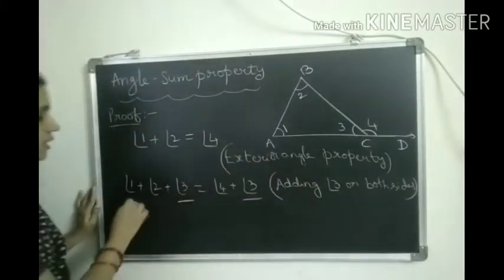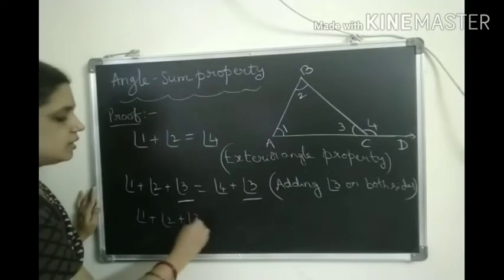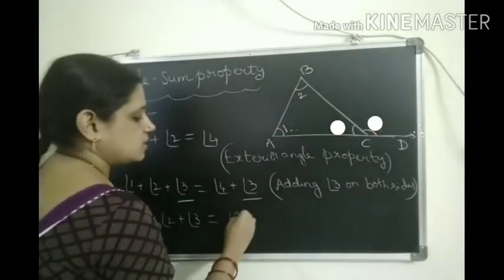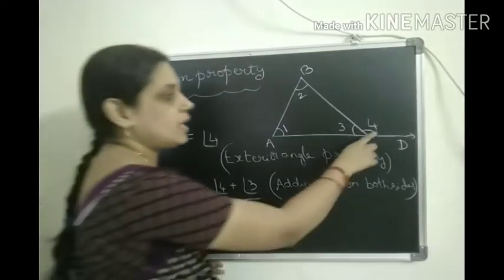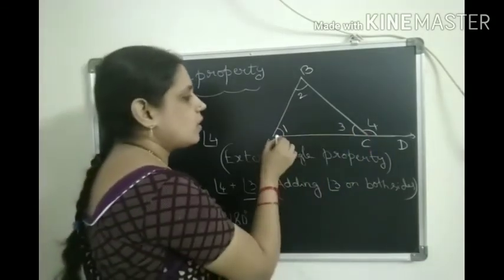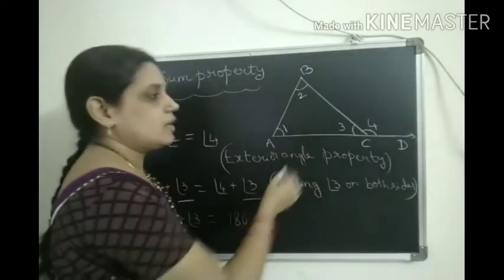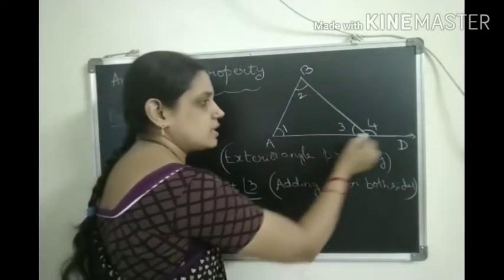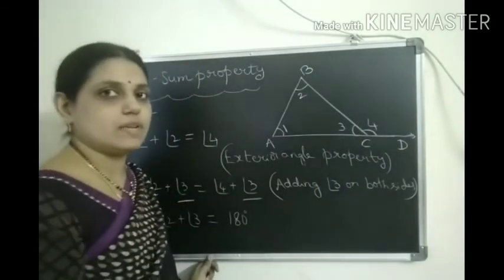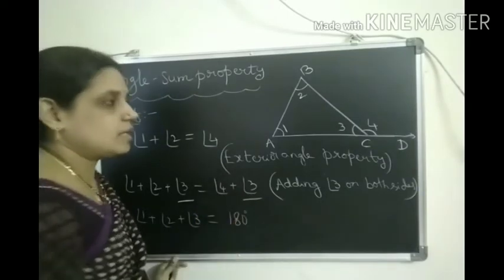Now angle 1 plus angle 2 plus angle 3 equal to, can we write angle 3 plus angle 4 as 180 degrees? How is it actually? Angle 4 is the exterior angle, already we discussed that. How is the exterior angle formed? By producing a side of the triangle. By extending, so definitely it is a straight line. So both together form a straight angle, that is 180 degrees. In that way angle 4 plus angle 3 we got 180 degrees.